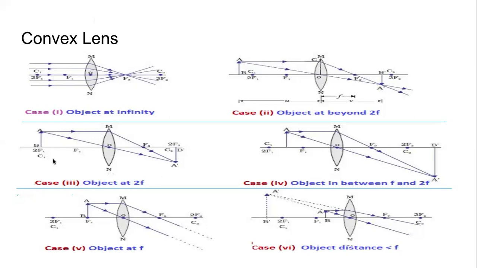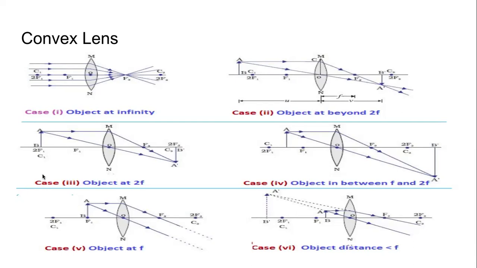Now, case number 3. पहले infinity पे था, then it became nearer to the center of curvature. Next thing, it will be at the center of curvature. So if it is at the center of curvature, then the image will be formed on the other side of the lens, at the other center of curvature. कॉन्केव मिरर में यहीं पे बनता था, यहाँ नीचे. I hope you remember कि कैसे ड्रॉ करते हैं. The object will be represented by an arrow, and we will place the arrow on the principal axis for our convenience,